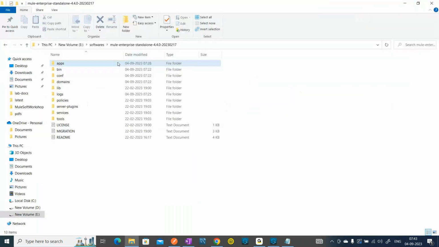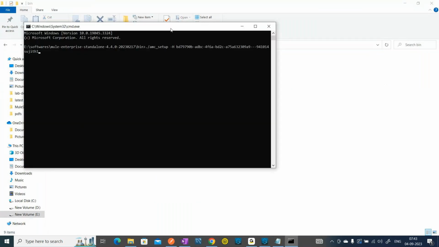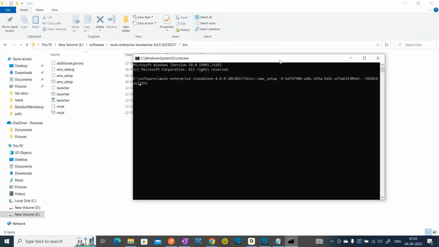So let's go to the bin directory, cd to the directory, cmd, because this command is basically a Linux command. Just remove the dot and slash which is prefixed to amc_setup. See, amc_setup means what? Anypoint Management Center setup with this on-premises location. So if I click on enter,